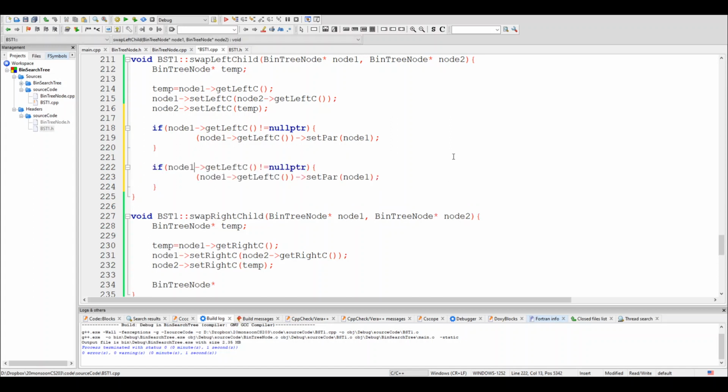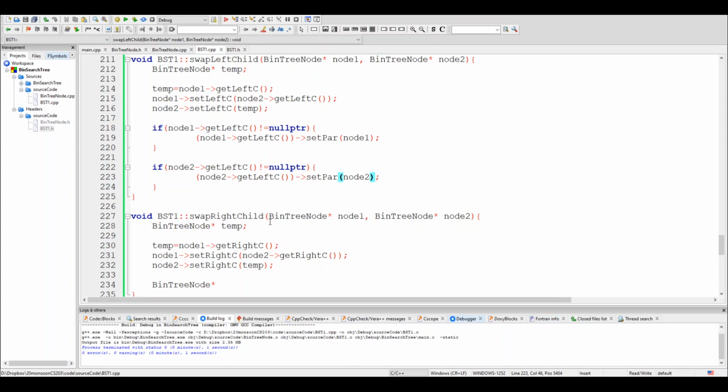So if node 2's get left child is not a null pointer, then what should I do? Node 2 get left child, and for that node set the parent as node 2. Okay, that's how I will set the left child's incoming links.